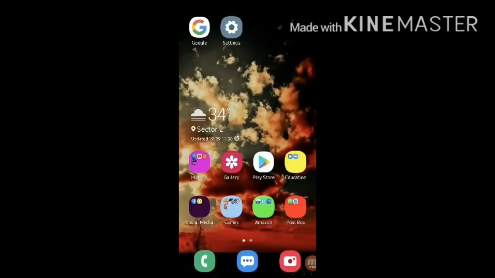So first of all, this is an Android device, and in this video we are going to show you how you can download movies in your Android device using the MediaBox application. The movie which you want to download can be in any desirable language, most probably Hindi, English, Telugu or Tamil, or any other language which you want to watch the movie in.